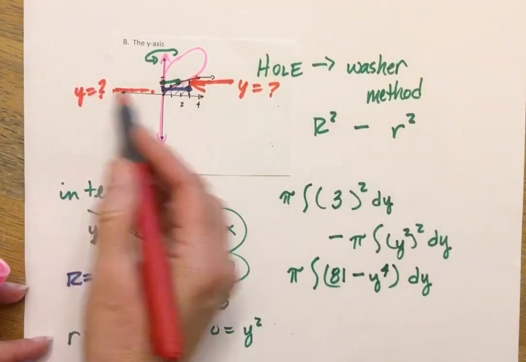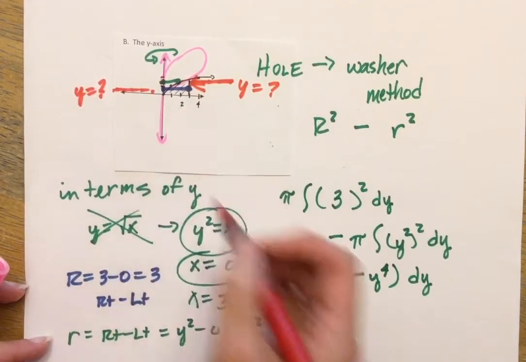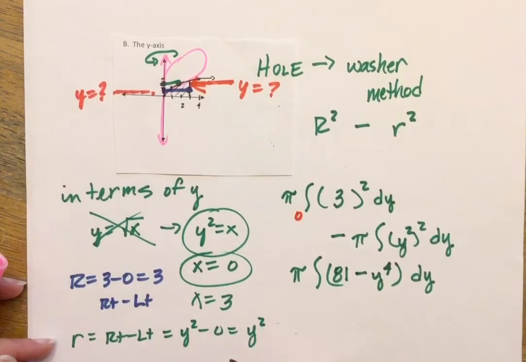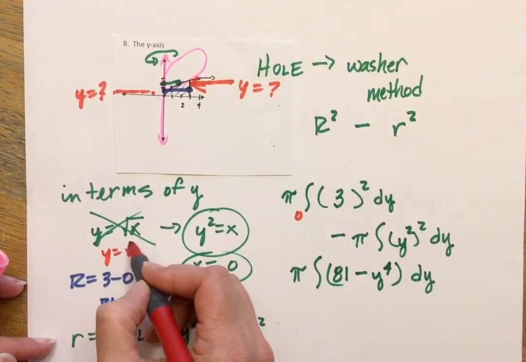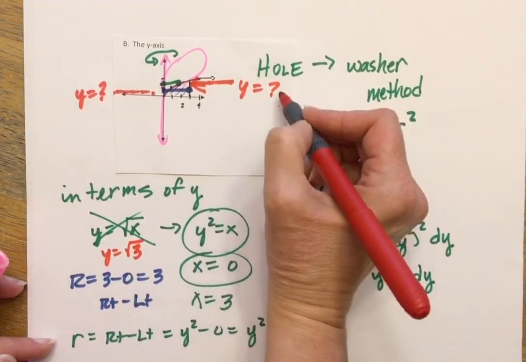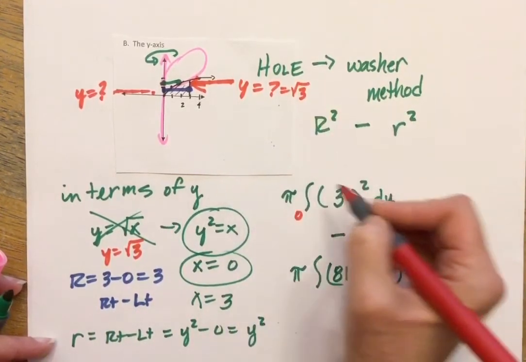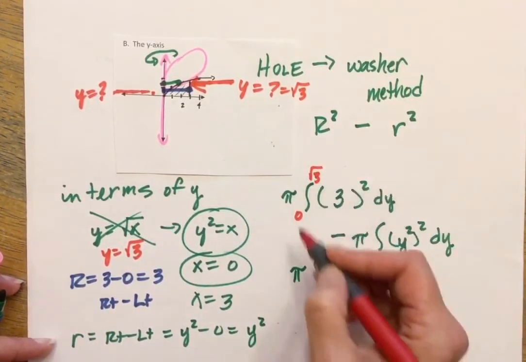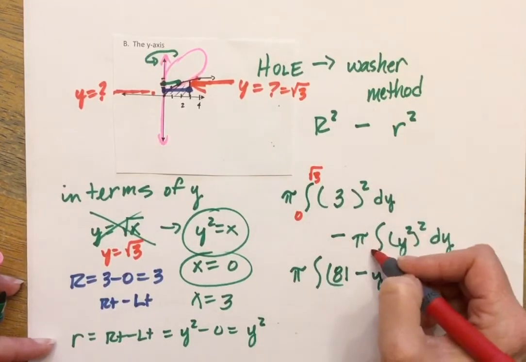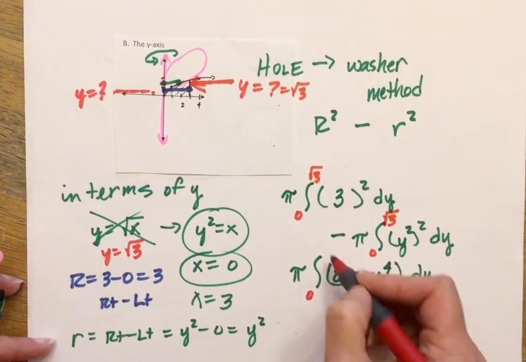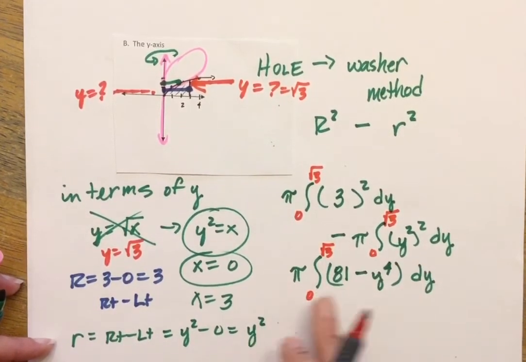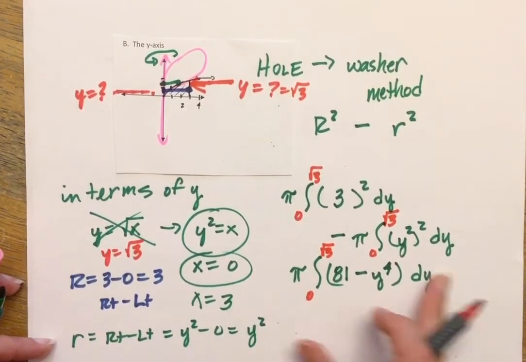So here my y value is 0. When x is 3, my y value is root 3. So up there, that's the square root of 3. So we're starting at a bottom of 0 and ending at root 3. And again, the only reason I'm allowed to put 81 and y to the 4th together